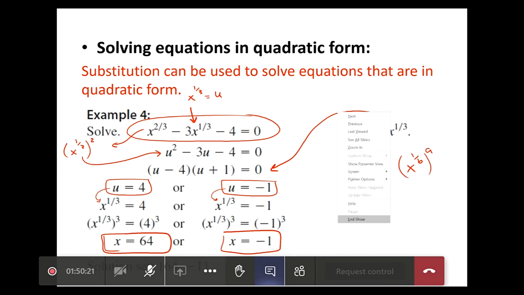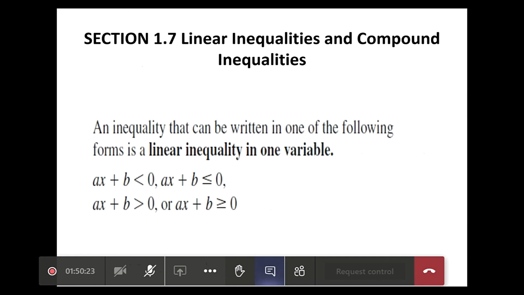I have many slides, يا محمد اعذرني. If we have time, we can go back and solve it